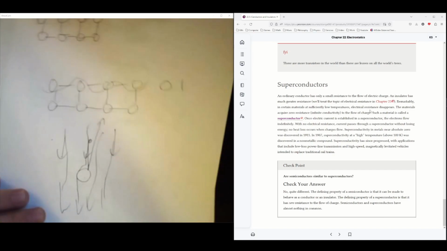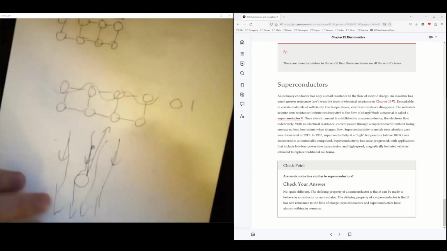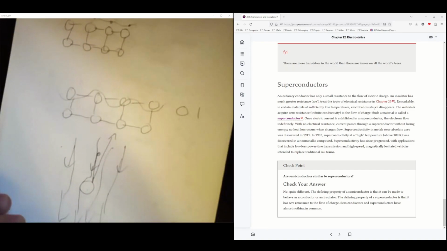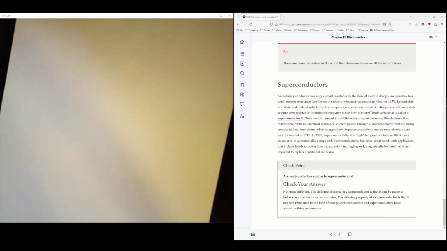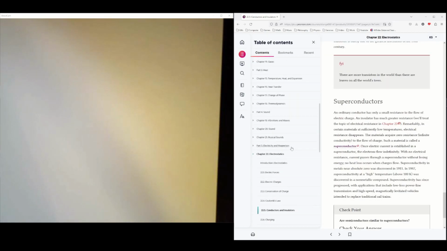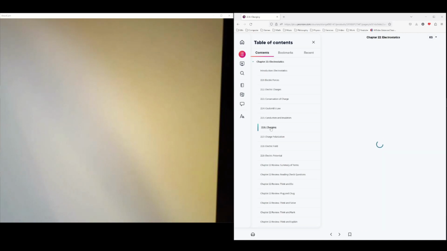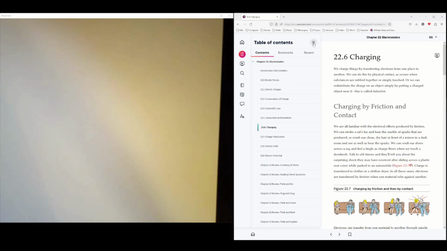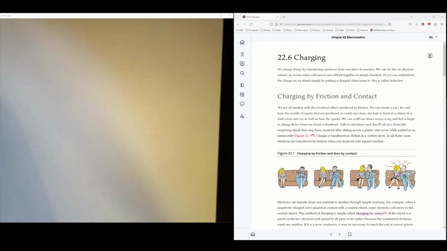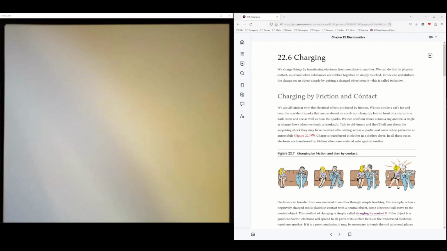A quantum computer, which also does have to be superconducting, is actually something different that has to deal with the strange nature of quantum mechanics. But again, both of these things, a superconducting computer and a quantum computer, are very challenging just because of how cold things need to be, and that also makes it very expensive. So charging